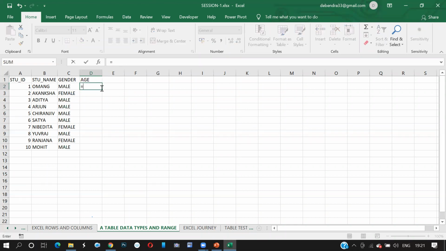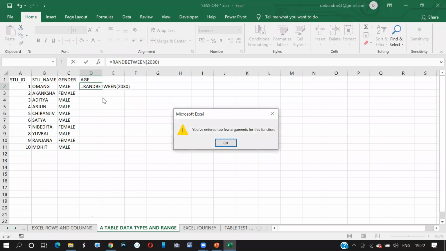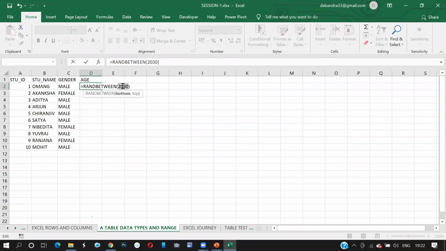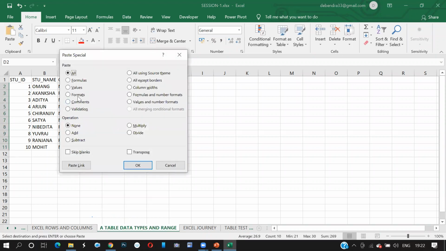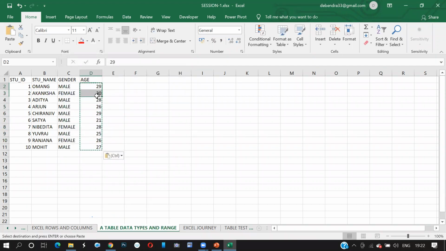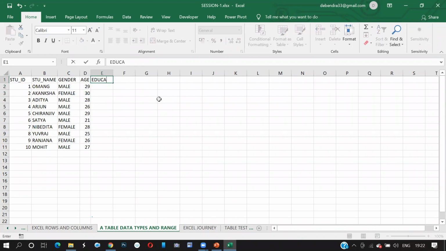I put their education details, or let's say I put their age first. I don't want to be biased, so I use random between 20 to 30 for the age. I took it here. I press Control C, do a paste special and values, because I don't want to show this formula to anyone. Then I take their education.